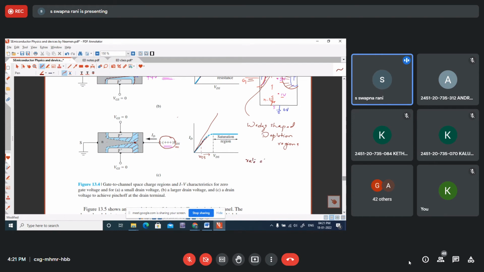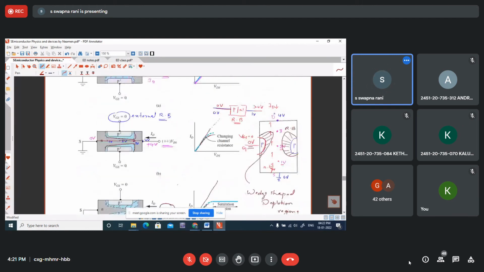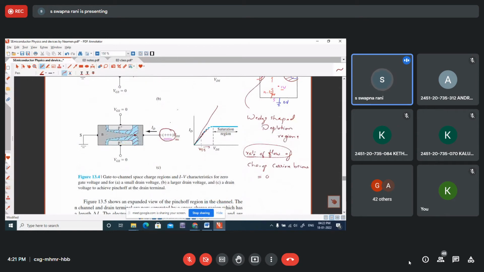flow of charge carriers becomes zero. I'm not saying the number of charge carriers; I'm saying the rate of flow. So here, when we increase VDS from 0 to VDS plus, VDS plus plus, and so on, the rate of flow gets decreased and becomes 0. It means the number of charge carriers